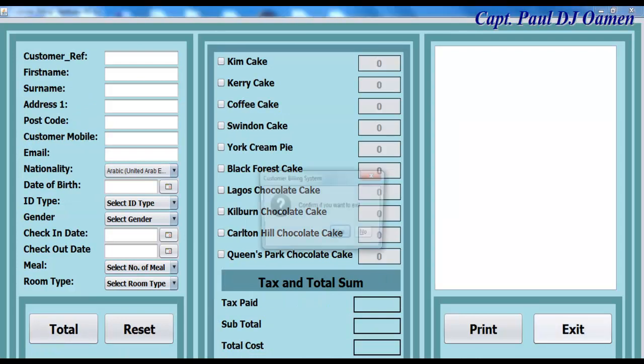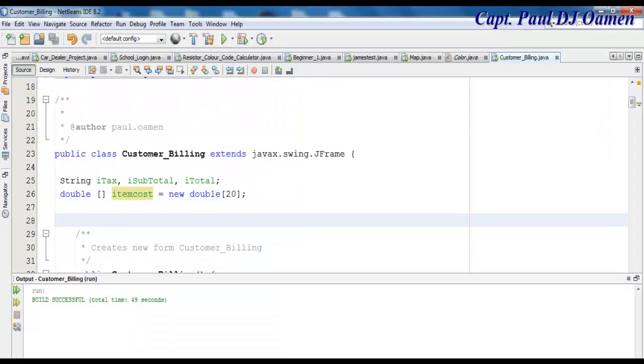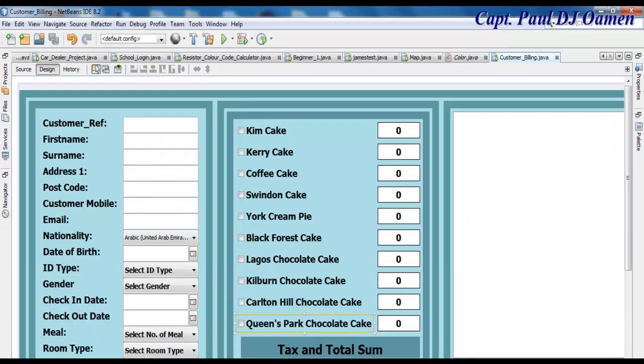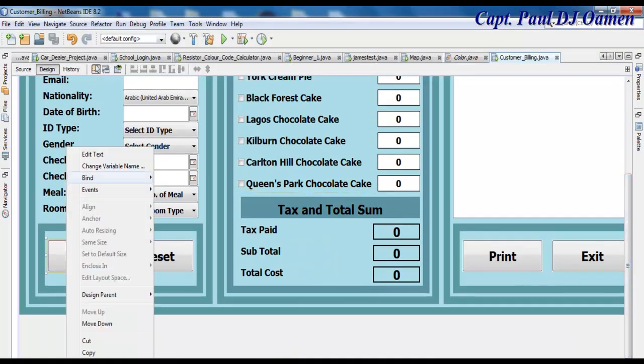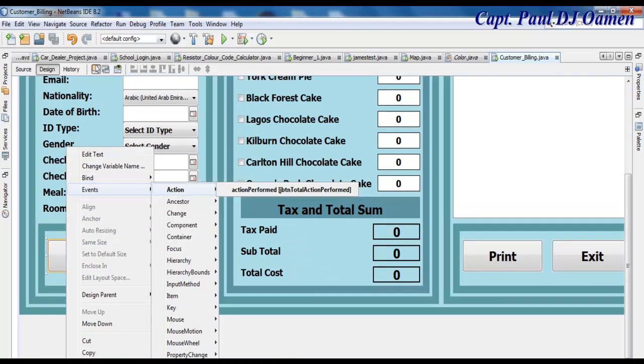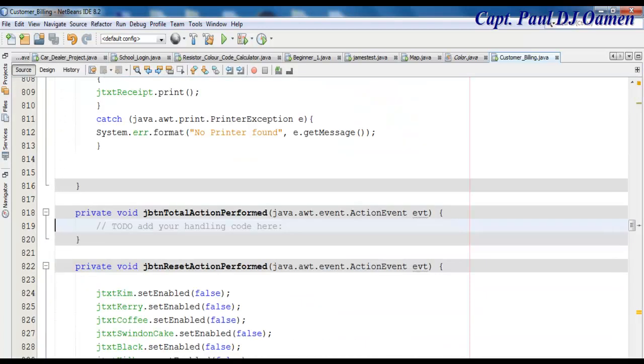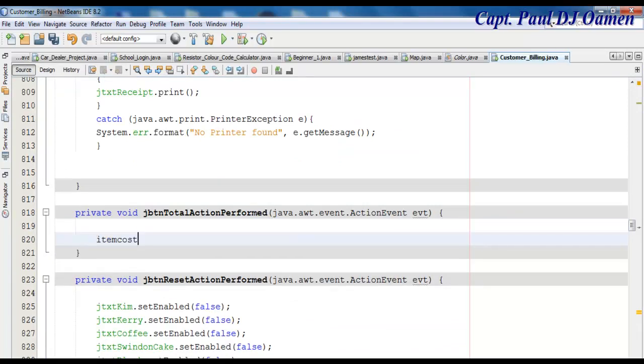So I'm going to exit out, and let's come to the design and double click on the total, or right click and select event, action, perform. So if you guys can still recall, I declared an array there, and the array is called itemCost. So the first itemCost will be equal to, let's say,